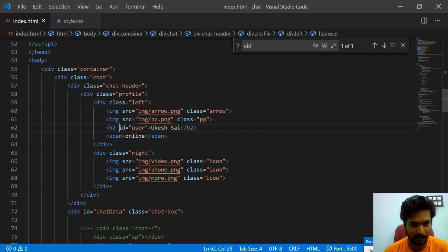We already have an ID here, like a user. We can make it as simple as U1, so username. It is by default KSI. We can change it to some XX or YY.